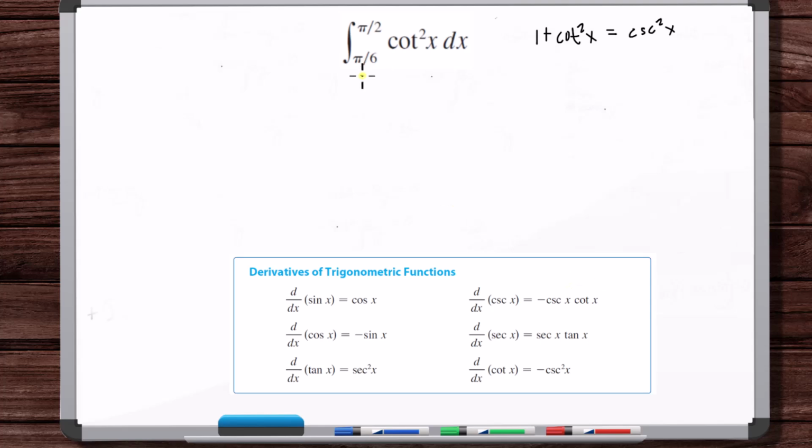Okay, so here we don't have a combination of cotangents and cosecants, and we have a cotangent squared, but the derivative that results in something squared is the derivative of cotangent x, which is minus cosecant squared x. What I mean by that is, if this was the integral of just cosecant squared, well then we're done. We've got that integral right here. So from an integral standpoint, in this situation, we'd rather be working with a cosecant squared. So let's